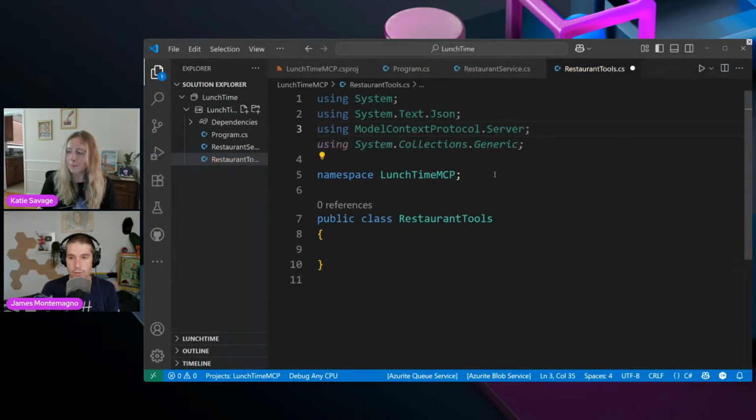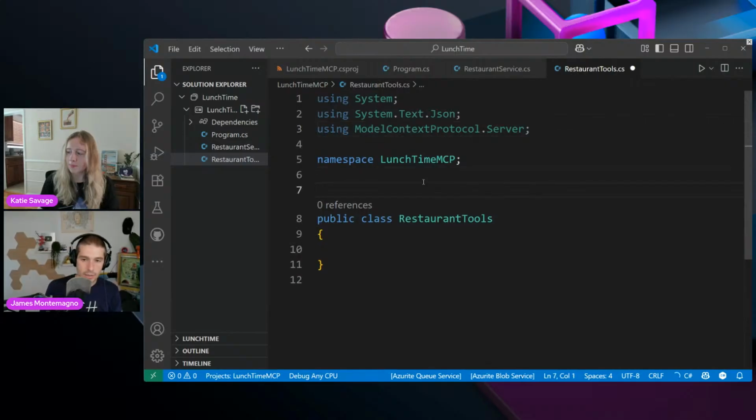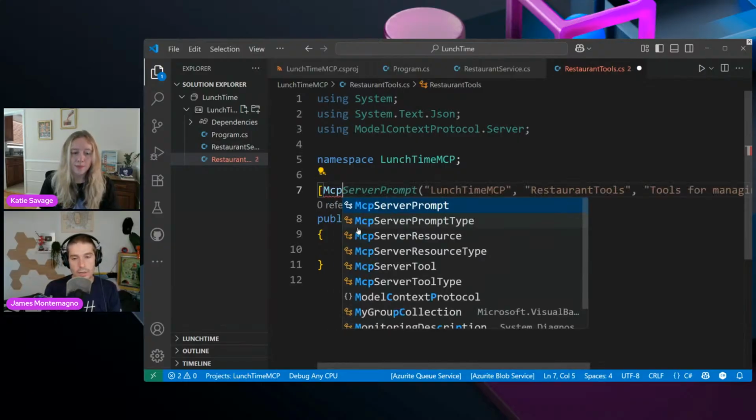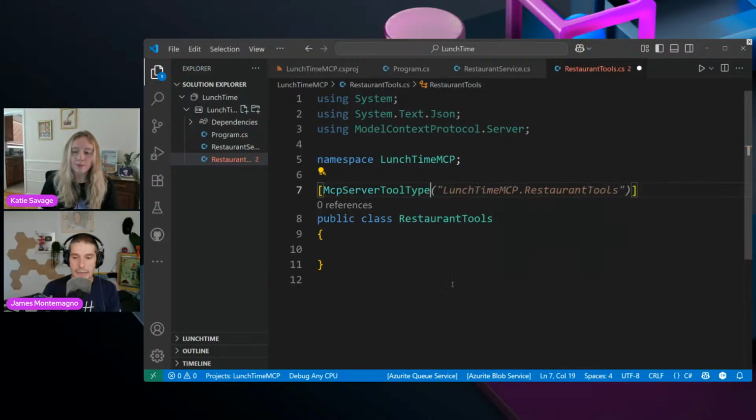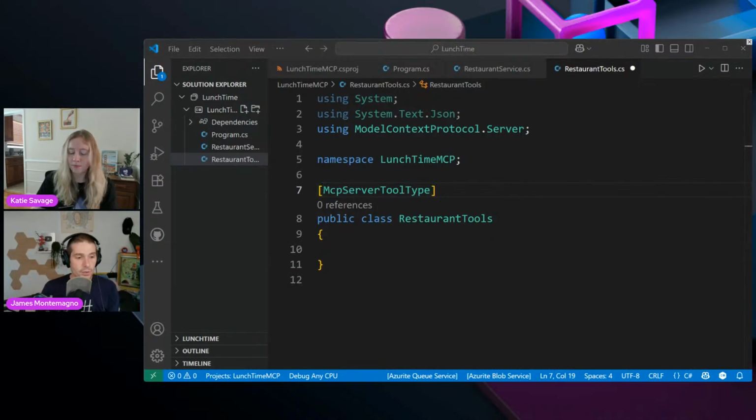And then I'm going to append onto here MCP server tool type. So this is defining that this is a tool type that I'm going to expose to my API. So if it was scanning, it would look for these in general.